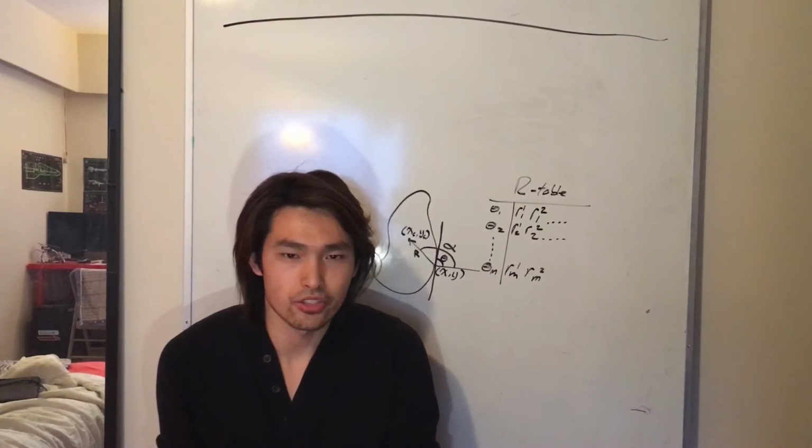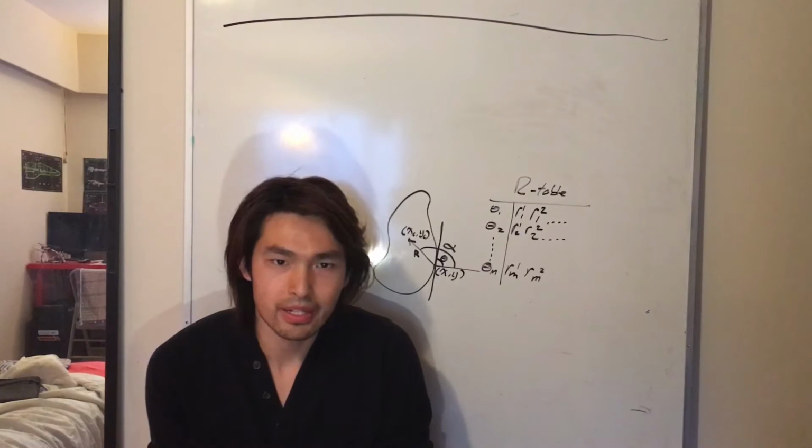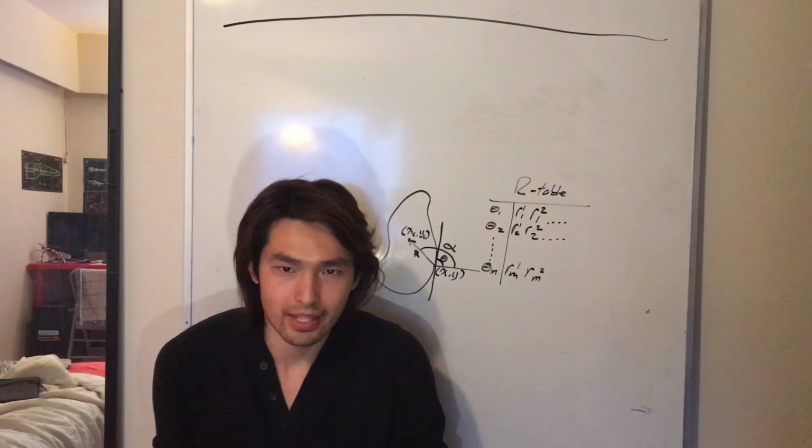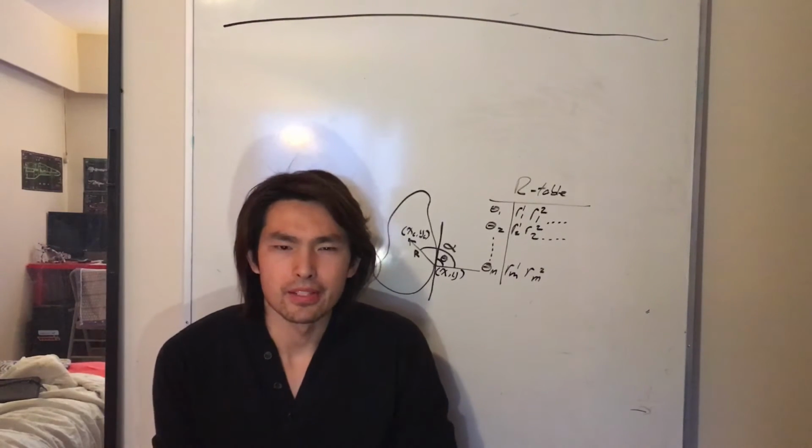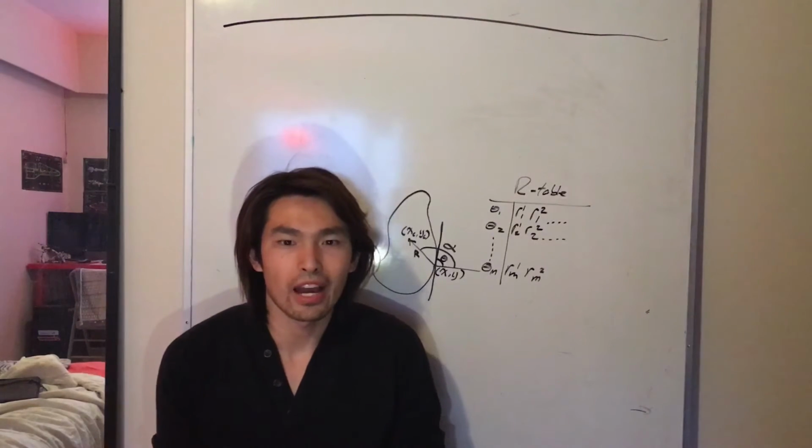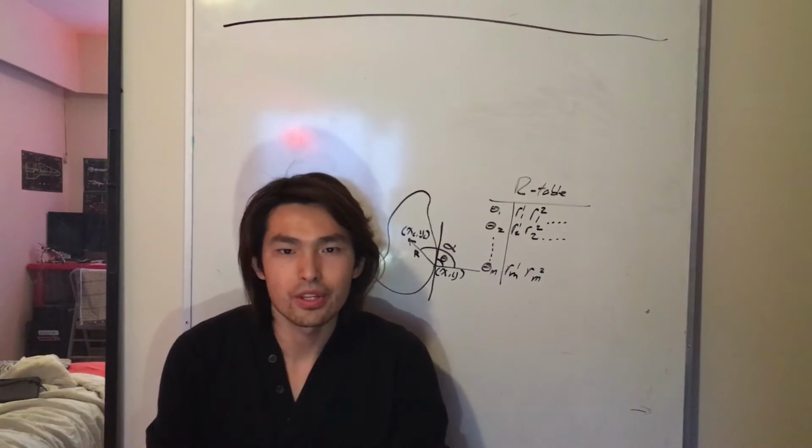GHT is the generalized Hough transform. It generalizes the ways to detect the lines. It is general in the sense that you don't have to use